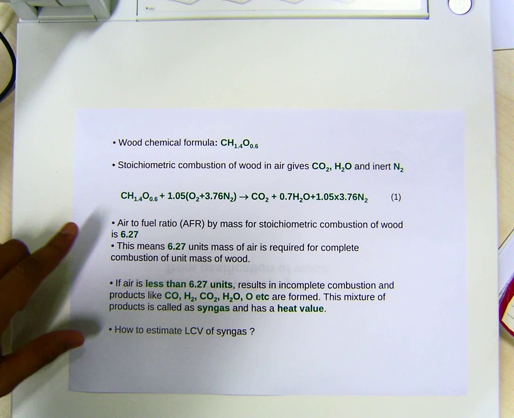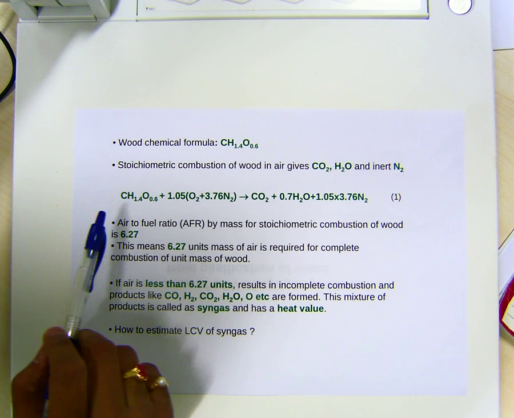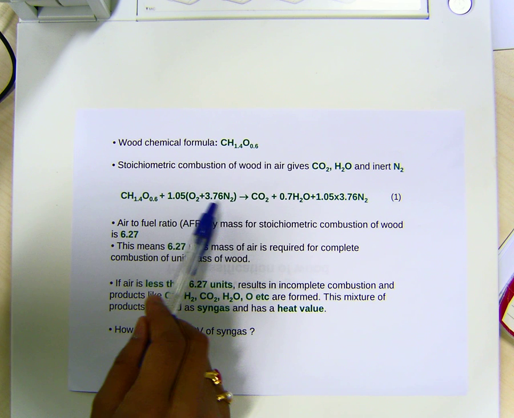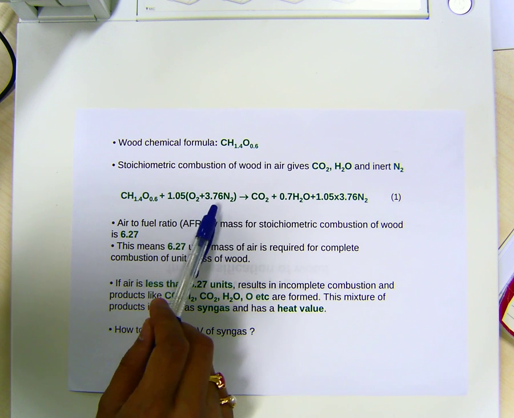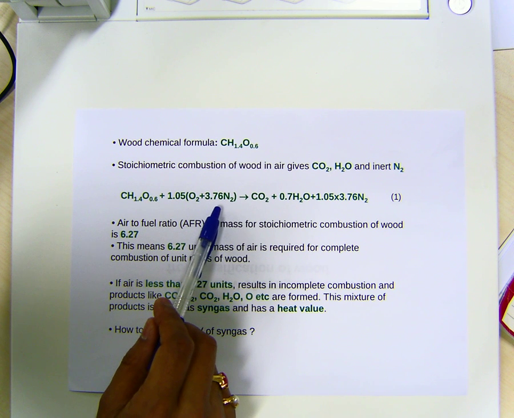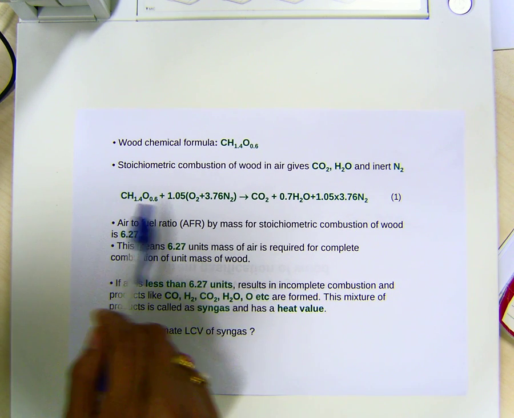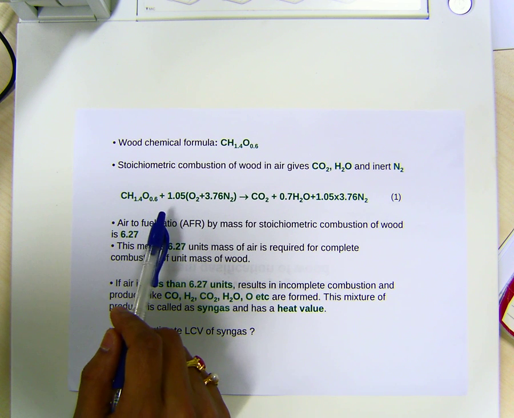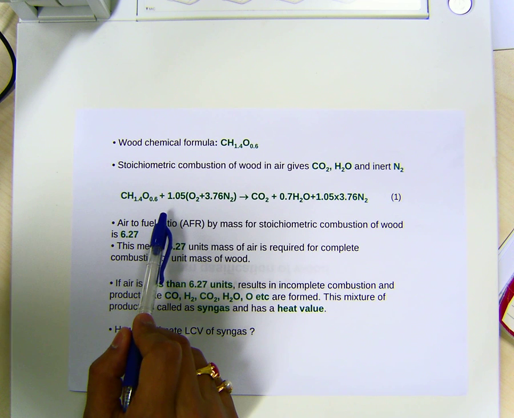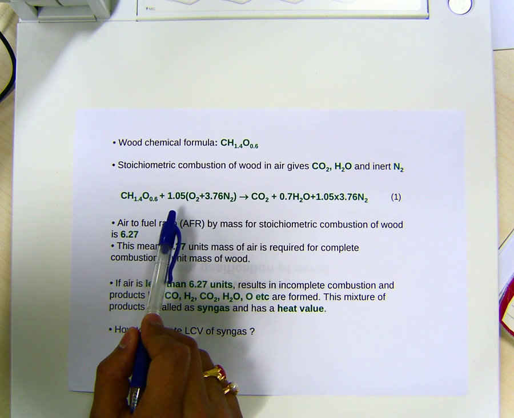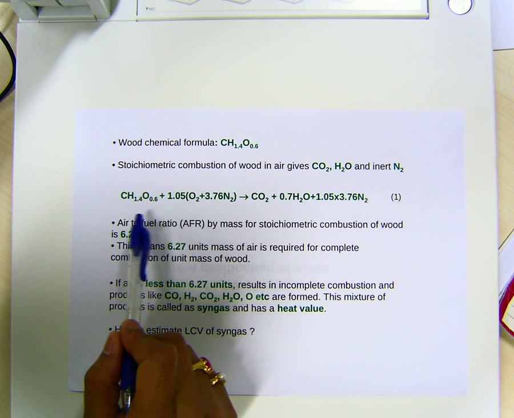The reaction here I am showing as equation 1. When wood reacts with air, taken as 1 mole of oxygen and 3.76 moles of nitrogen, we get carbon dioxide, water, and nitrogen. After doing the elemental balance, which you do a lot of in your tutorials, you know how to balance this. So after balancing, we get